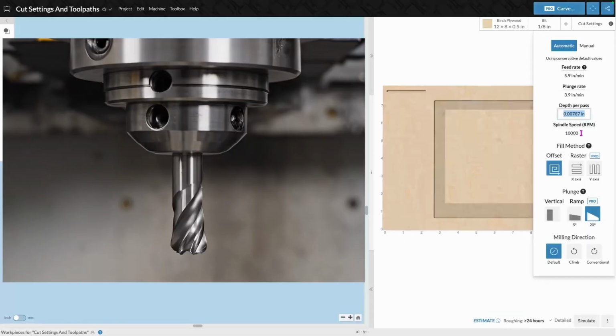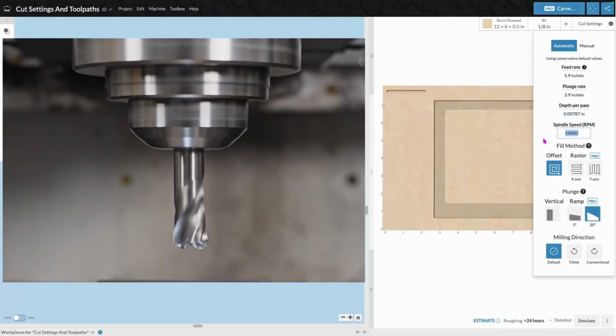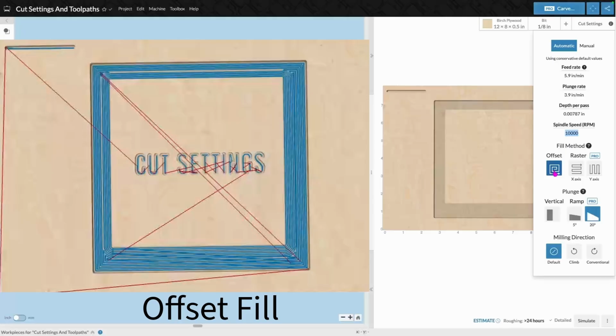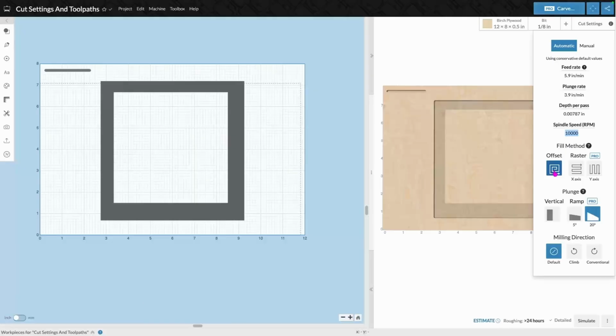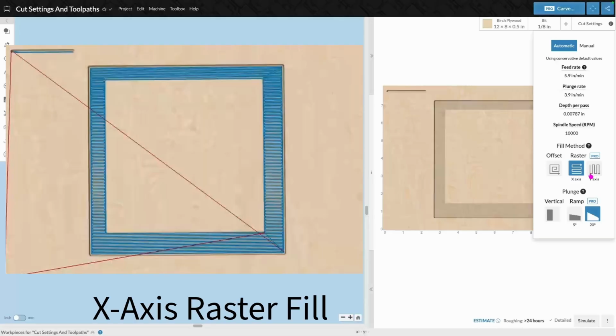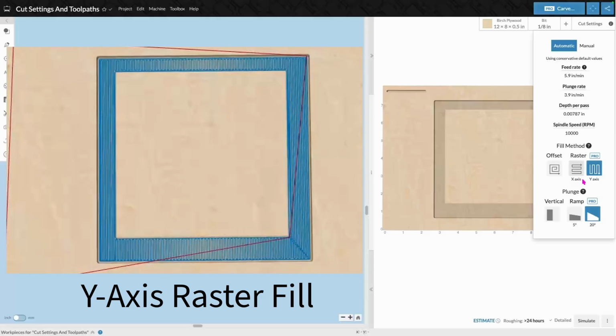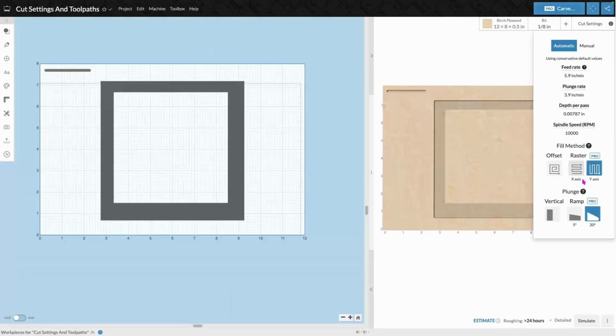Below depth per pass is spindle speed. This is how fast your spindle rotates. Below these settings are a few movement settings. There are 3 different fill methods to choose from. Offset is set by default. Offset starts at the center of the work area and works its way around the edges of your design. Raster moves along either the X or the Y in a linear fashion. Raster carving is particularly useful when carving wood or any instance where you want to carve along a particular grain